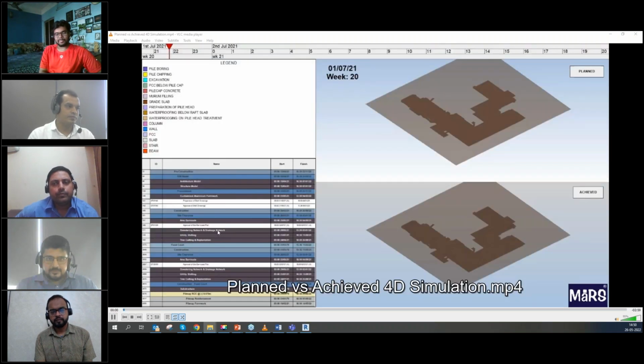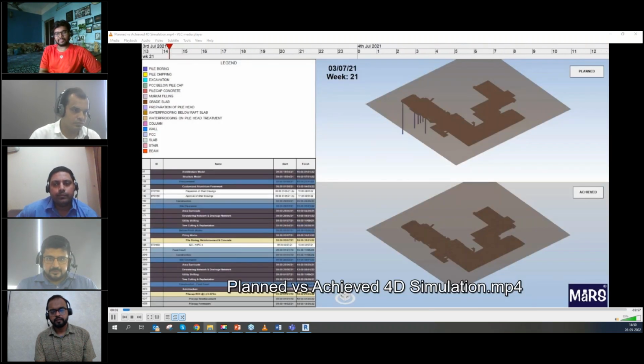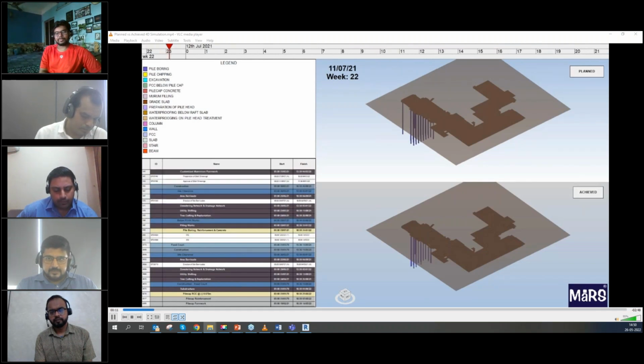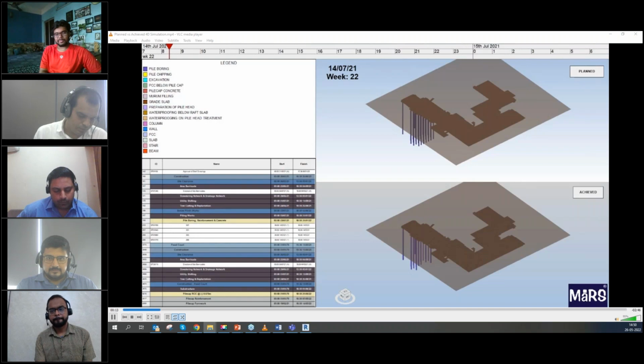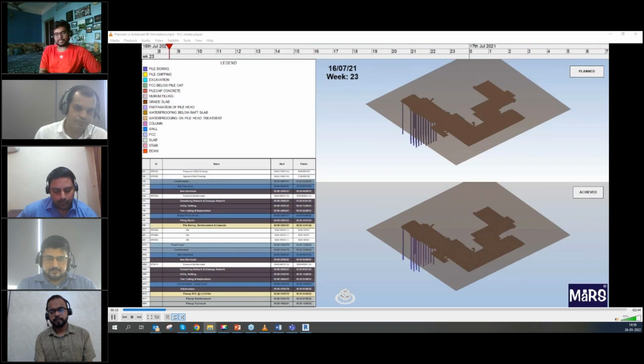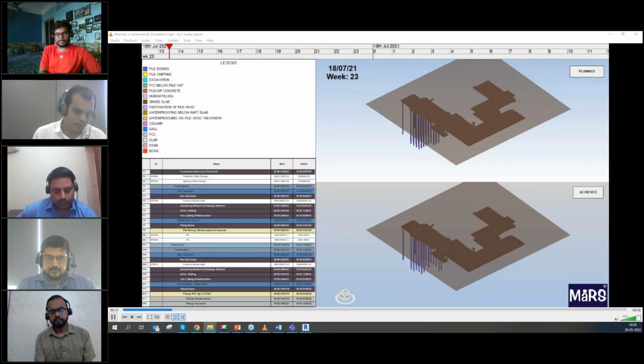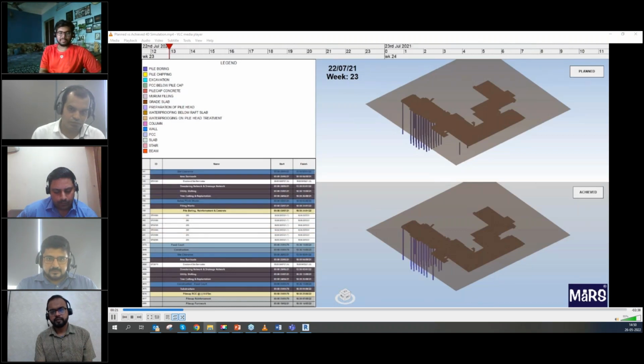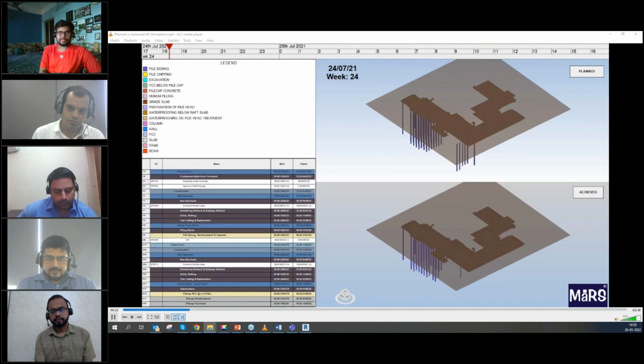And then first we run the plan simulation, and then we depute the site engineers on the site, where they will be using Synchro on a regular and daily basis. They will update the site activities daily, and based on that, the same activities will also be reflected in the Synchro 4D model. And then we start creating the actual versus planned construction, and that's where the main